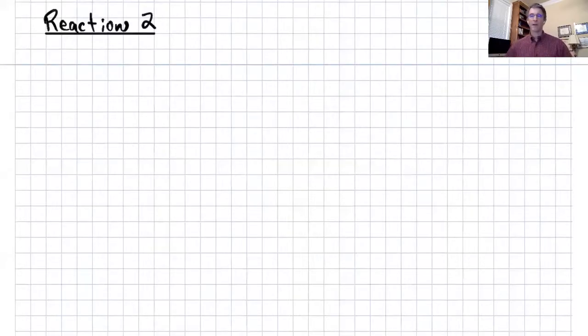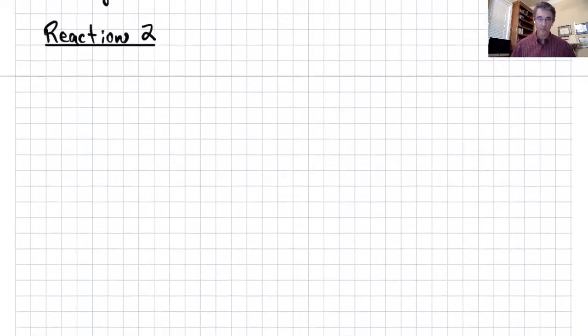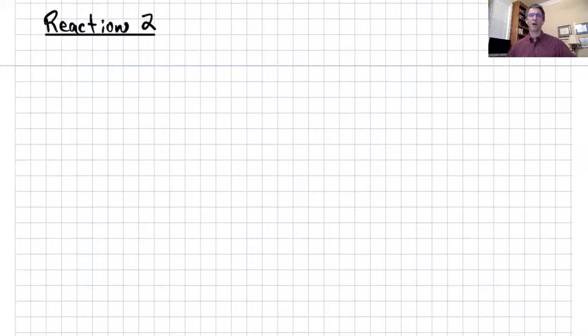Okay, so we've made our oxaloacetate. We've exported it using either the malate shunt or the aspartate shunt into the cytoplasm. Now we want to start figuring out how to make glucose with it, right? All right, so reaction 2 is the beginning of that process, the remainder of the sort of